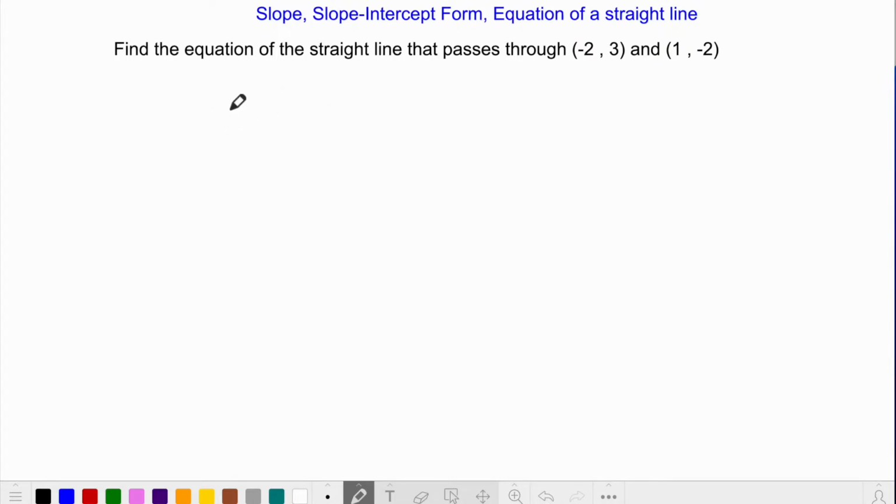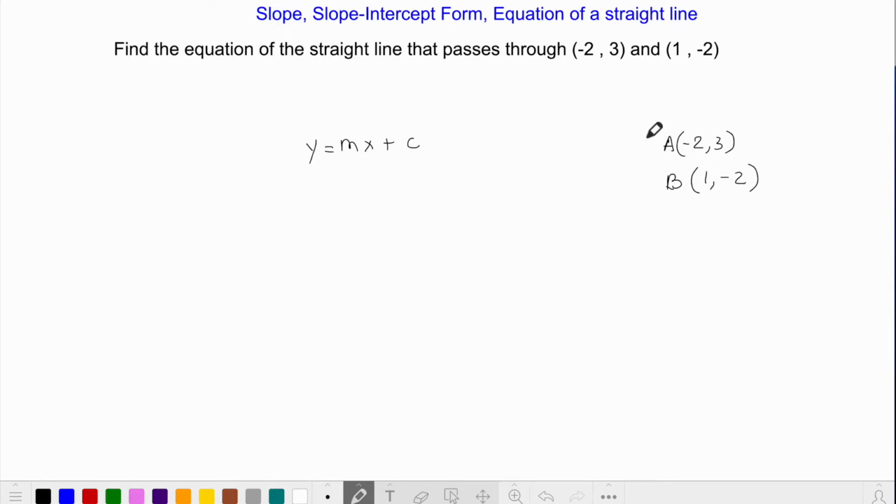In order to find the equation of a straight line, we can use the slope-intercept form, and that is y is equal to mx plus c. We're going to use this equation to find the equation of the line that passes through (-2, 3) and (1, -2). Let's name (-2, 3) as point A, and for point B, we will name it (1,